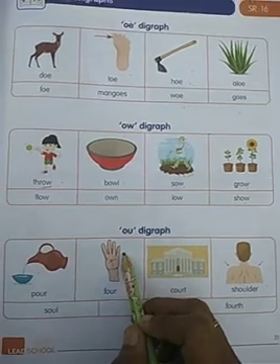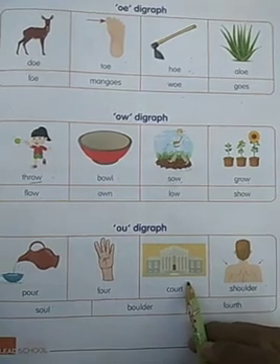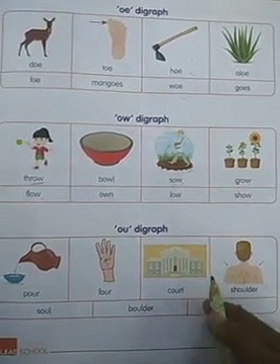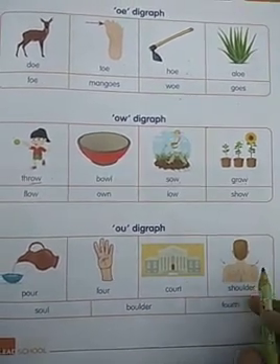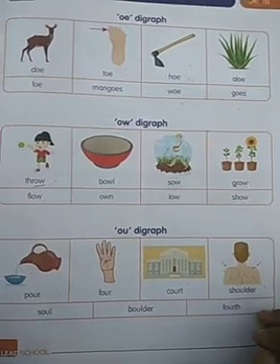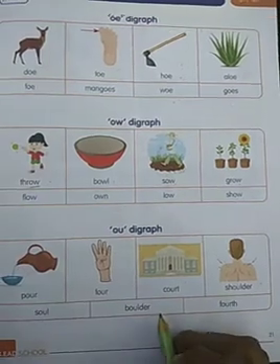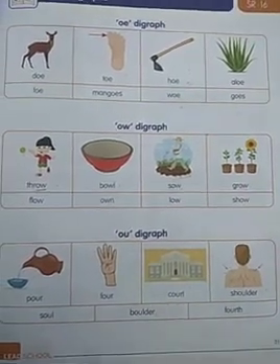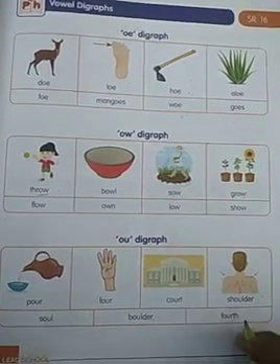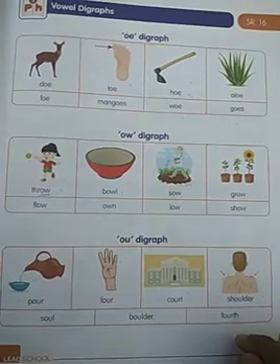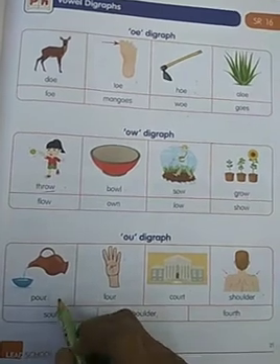Next, how many fingers are here? Four. Next, what is this? It's a court. Next, this is shoulder. Shoulder. Next, soul. Soul. Next, boulder. Boulder. Next, what is this? Fourth. Okay. So, here, the first one is pour.